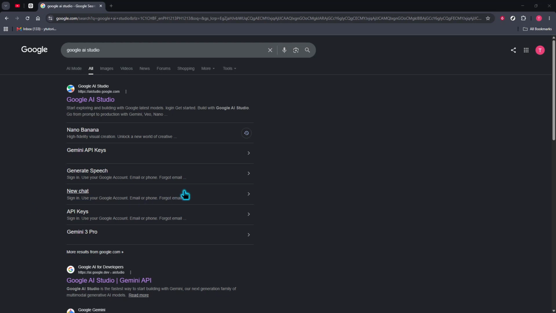In today's video, I'm going to teach you how to generate audio using Google AI Studio. To get started, open your browser and search for Google AI Studio, then click into the official Google AI Studio